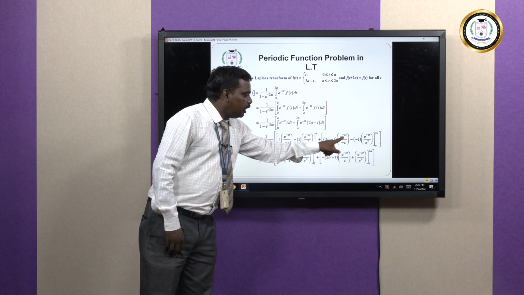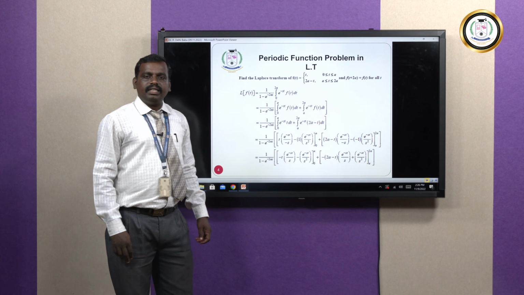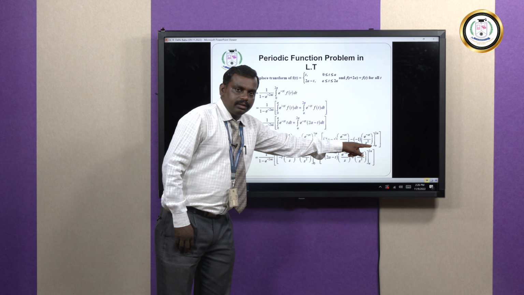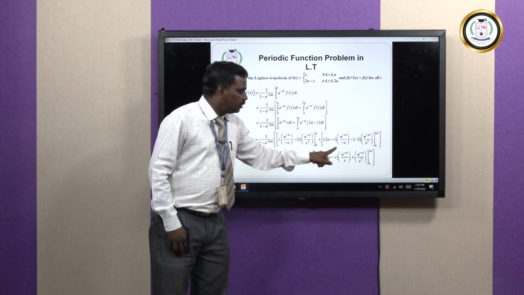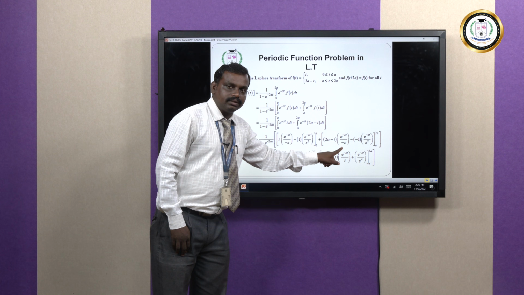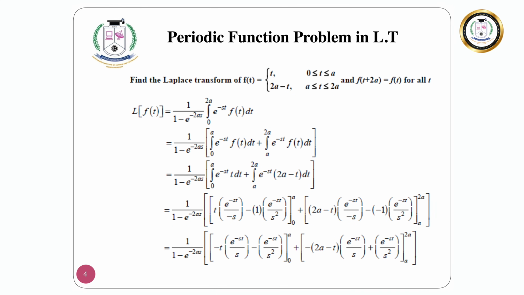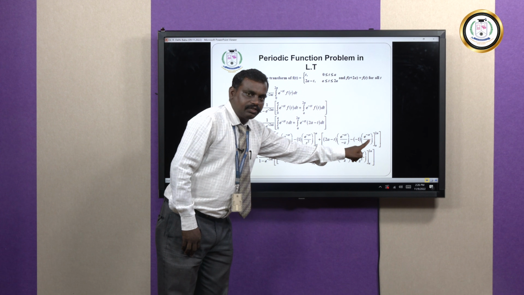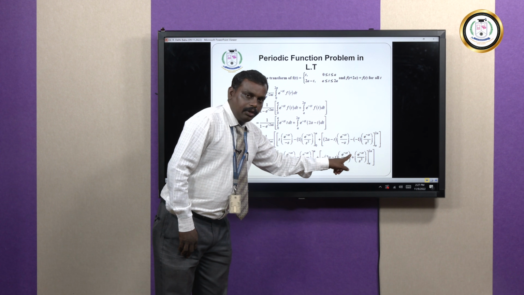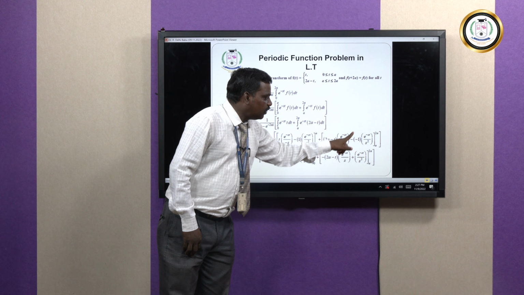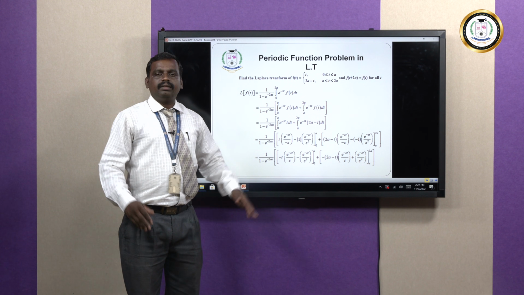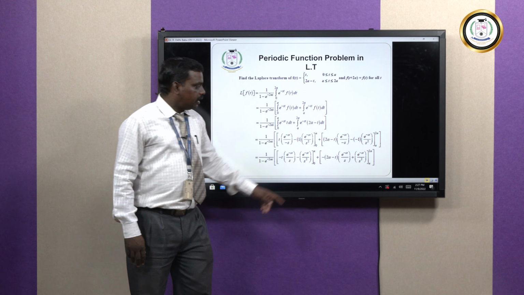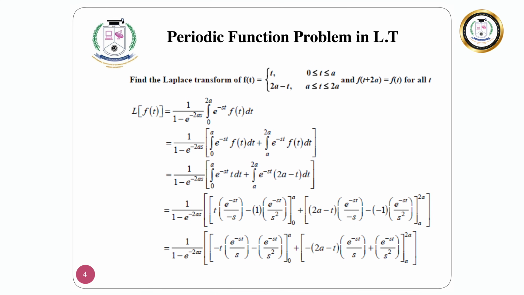So integrate again this e power minus st. What is integration of e power minus st with respect to t? E power minus st by minus s will come again. So already I have minus s in denominator, hence minus s into minus s is s square. uv minus u dash v1 plus u double dash v2. Differentiation of this is minus 1. Again minus 1 is a constant, so minus 1 differentiation will be 0. Hence that's all, your limit is a to 2a.